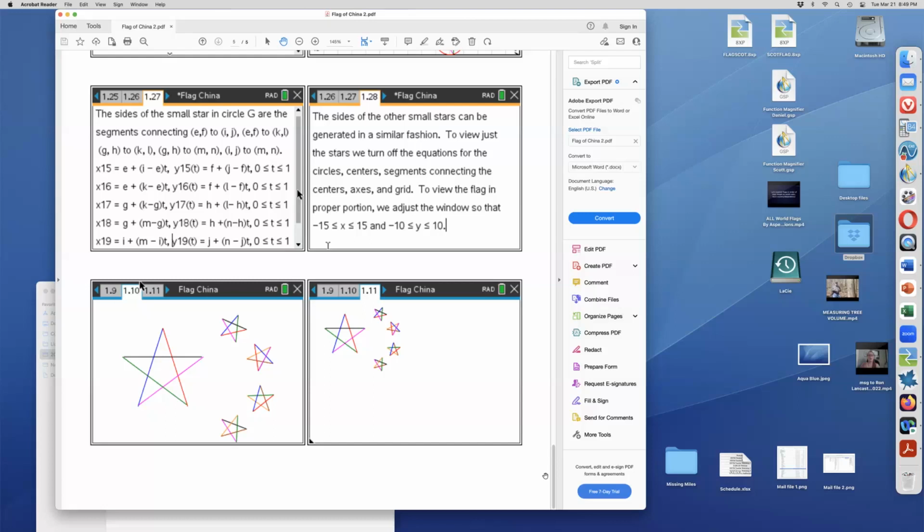Ken, thank you so much. It was really beautiful. Thank you. I'm looking forward to loading this on the Nspire and taking a look at it and seeing it. Any other comments about this, Ken?